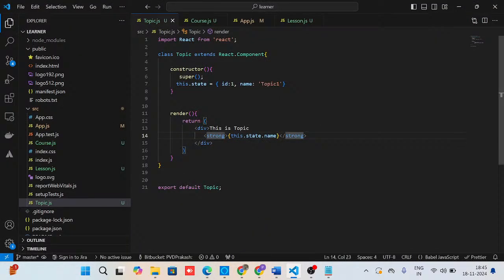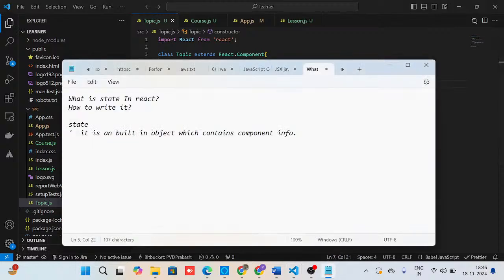See, state is a built-in object which contains the component information. In this object we maintain the component information, ID and name. So wherever I need the information, I call it like this.state.name, and wherever I want, the value comes directly. This is the first thing: state is a built-in object which contains component information. Second thing,